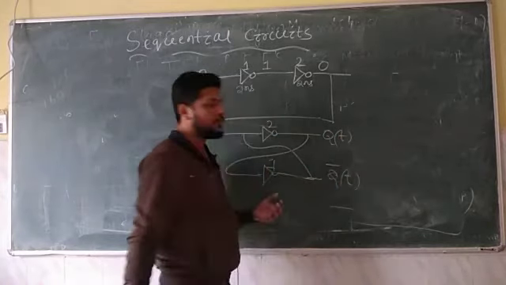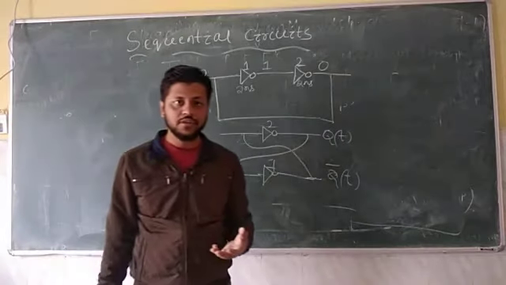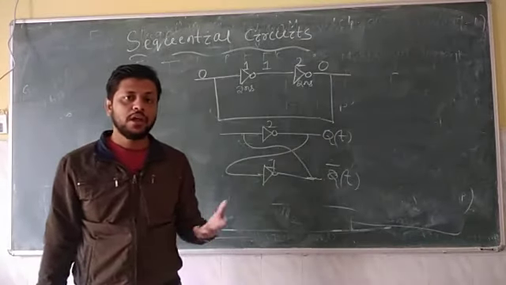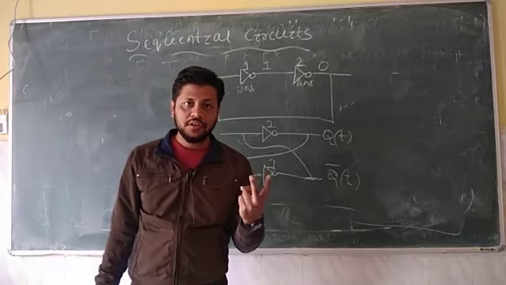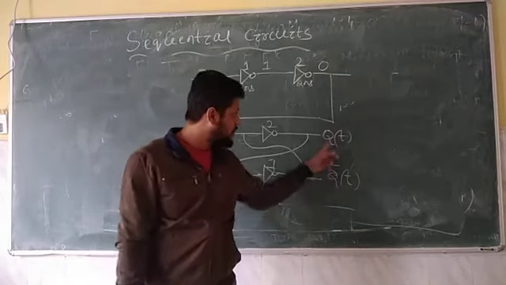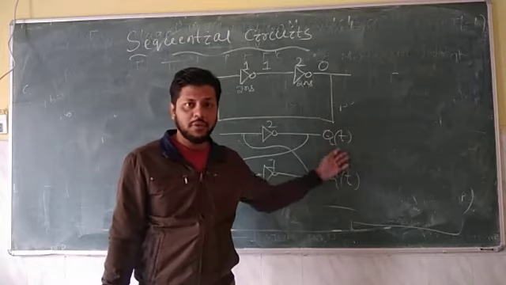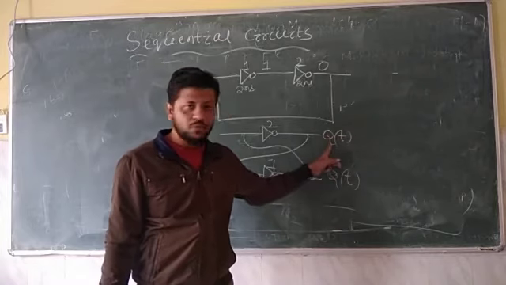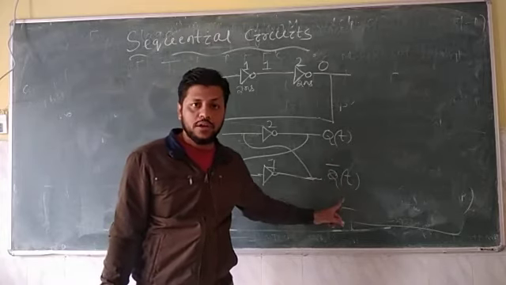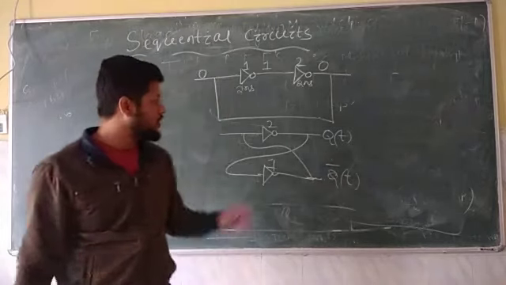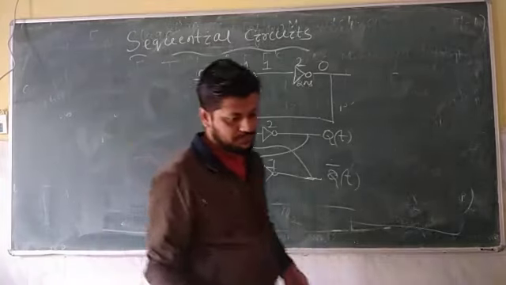As I have already told you, in every flip-flop circuit or every sequential circuit, we will have two outputs. One is the complement of the other. Q bar means the complement, inverted. If Q(t) is 1, that means Q bar(t) is equal to 0. If Q(t) is 0, Q bar(t) will be equal to 1. So this is the circuit that will be formed.